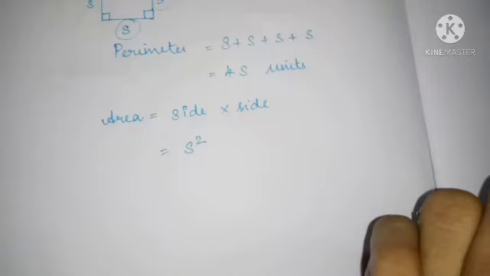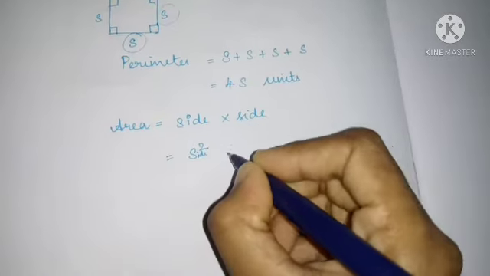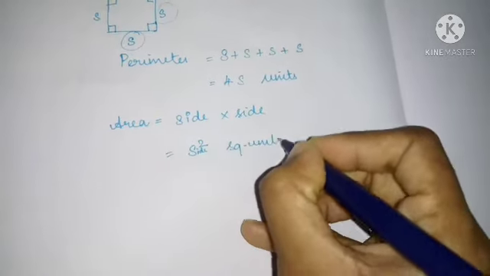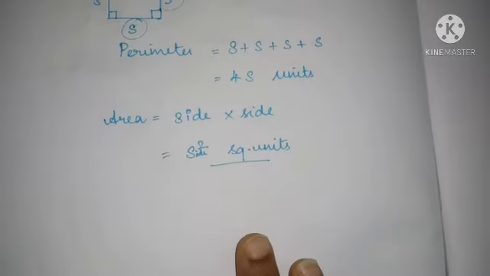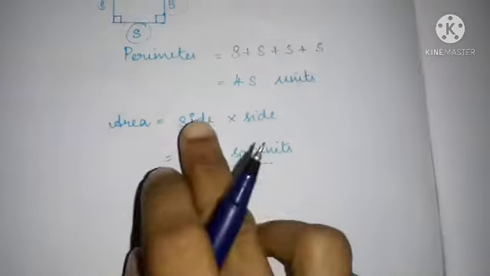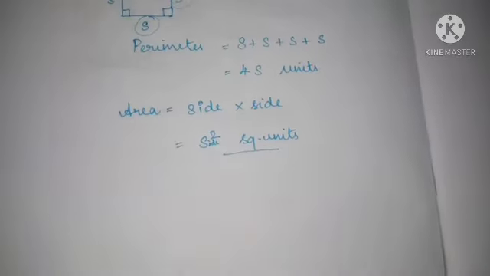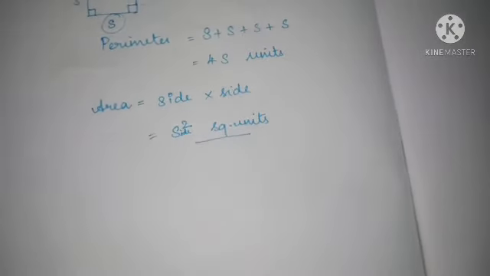X into x, x square. So side into side, side square, square units. Anything you can write, side into side or side square, it depends upon your preference. Next,